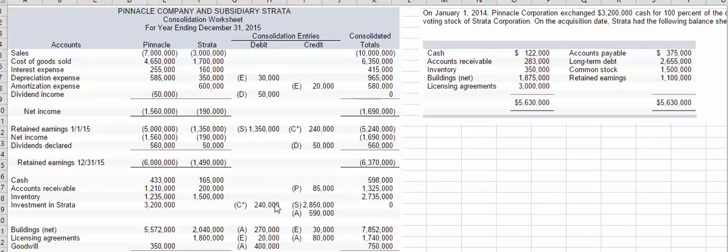Keep in mind that this is the initial value method, so we are not accommodating the investment as we were with the equity method. In the equity method, income increases the investment, also increases the beginning balance of retained earnings, and dividends decrease the investment and obviously would also decrease the retained earnings. Since we're not doing that transaction through the equity account, what we need to do is have an adjusting entry to bring the beginning balance to where it should be based upon the transactions prior to the